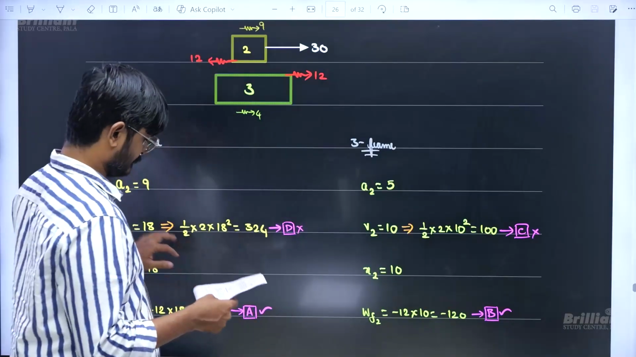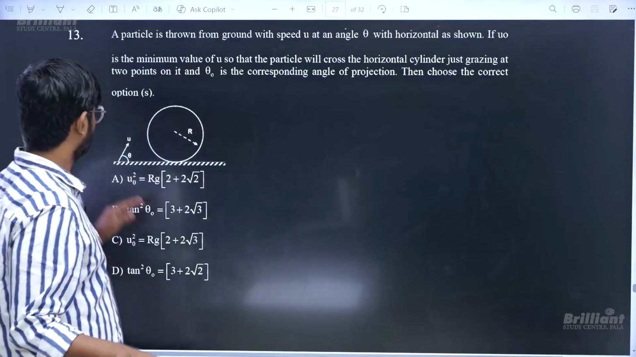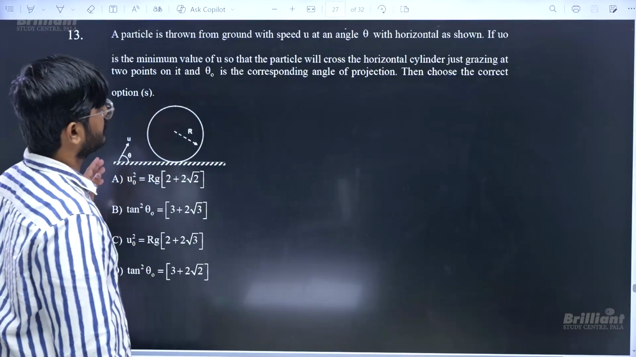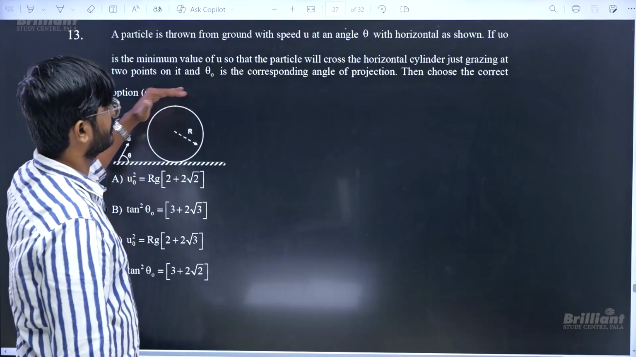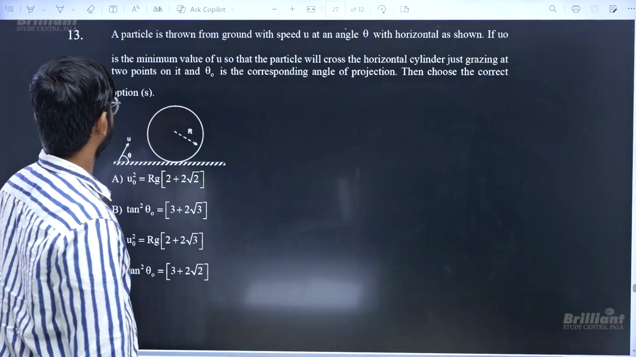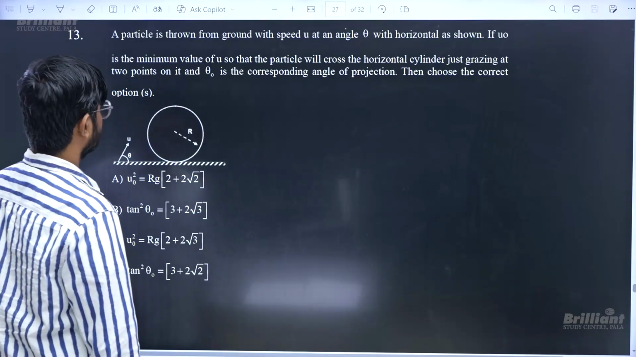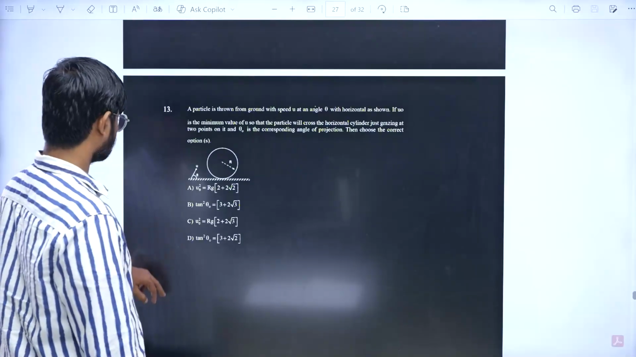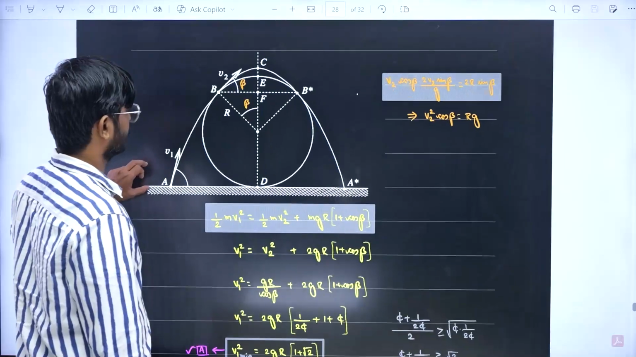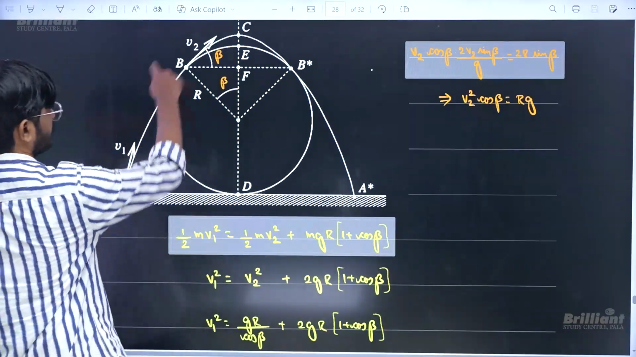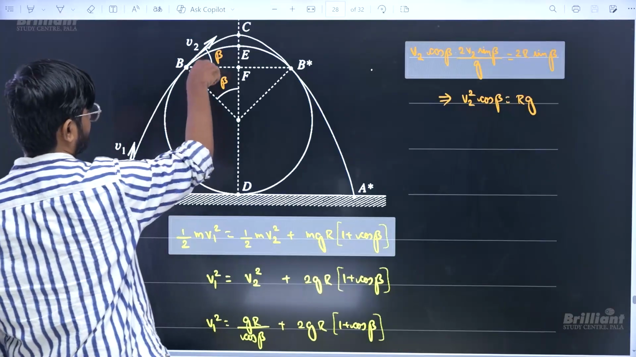A particle is thrown from the ground with speed u at an angle theta with the horizontal as shown. If you notice the minimum value of u, so that the particle will cross the horizontal cylinder just grazing at 2 points on it, and theta naught is the corresponding angle of projection, then choose the correct options. So anyway, they said it is going to graze across 2 points. So if you take this velocity as u1 and this v1 and v2 and this angle as beta,